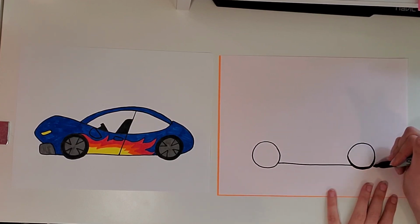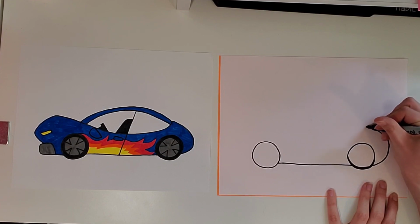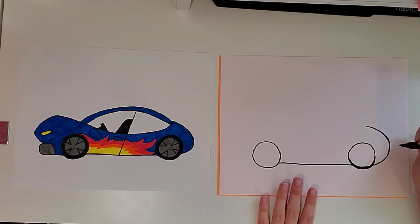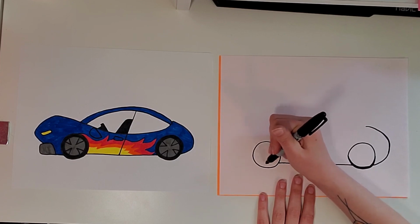Now this line is going to start, like if you imagine this line went all the way through, it's gonna start right here. And it's just gonna curve up and kind of stop about halfway through where the circle is, okay? So like that. Now I'm going to switch over to this side, and again, straight across from where this